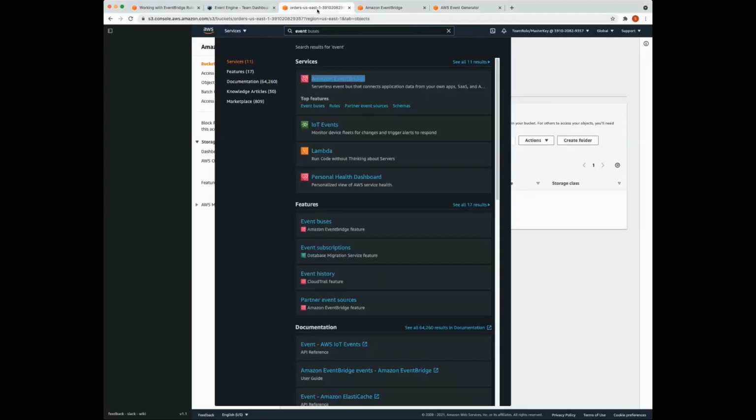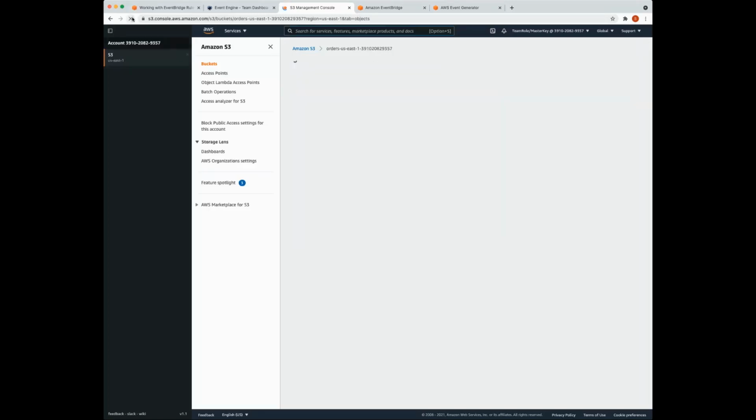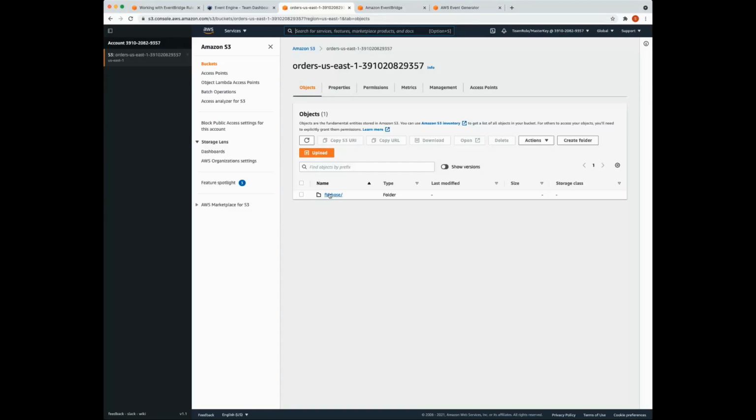Okay, so let's head back here to our S3 console. All right, so there must have been some delay with the publishing, but as you can see, there's an object now in the bucket under the firehose prefix.